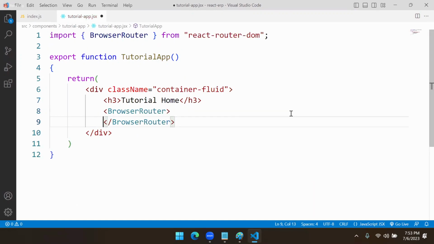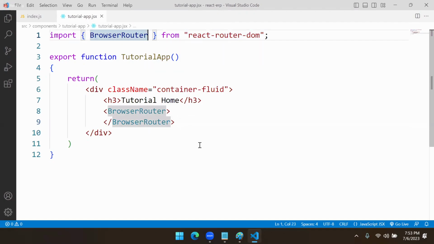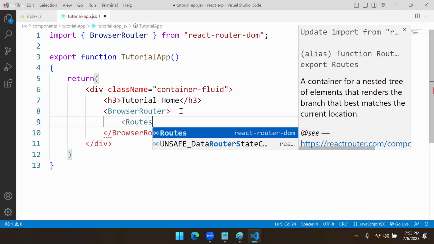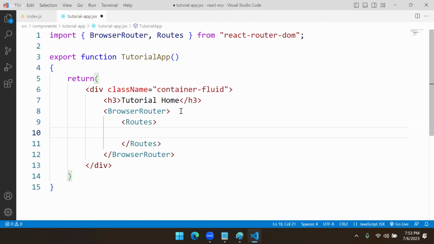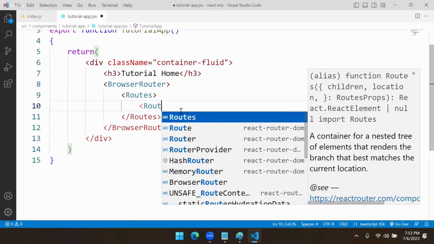Browser router is imported from React Router DOM. That is the library. Okay. In browser router, we are configuring routes. Routes is a collection of routes. It is used to create a table. In the table, we have route. Every route